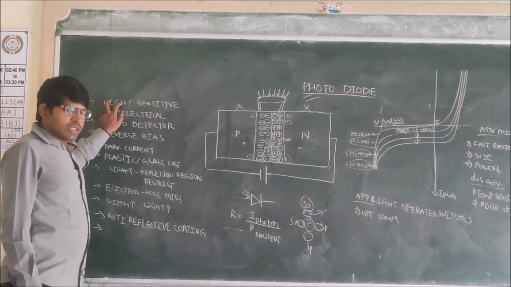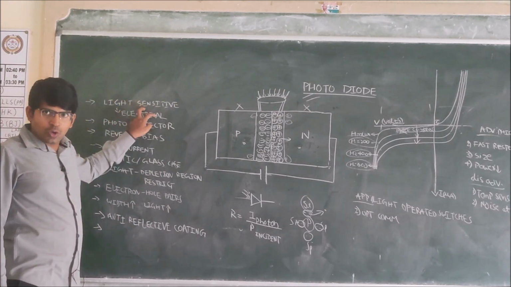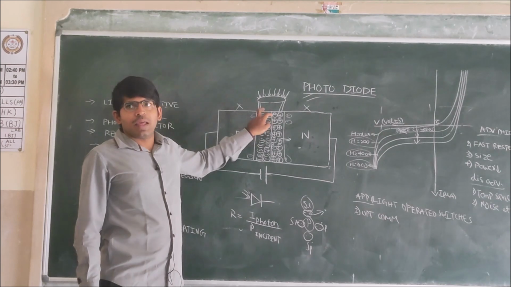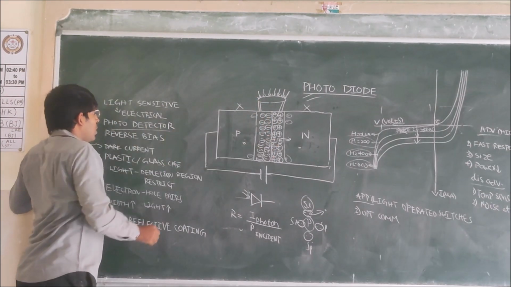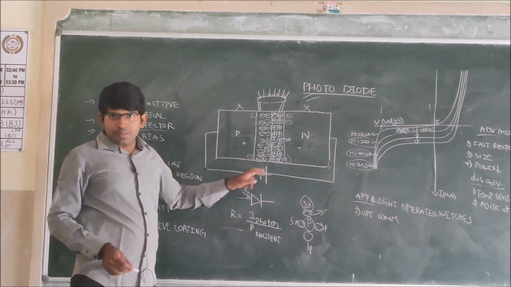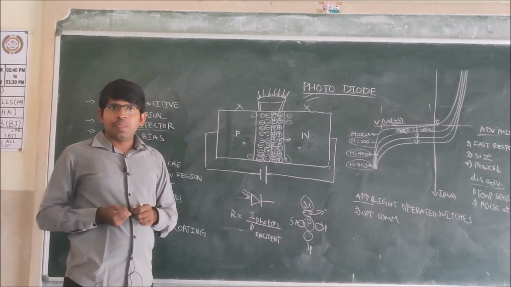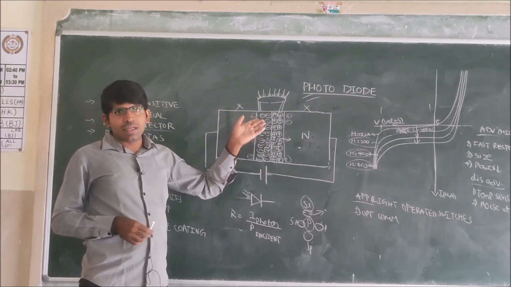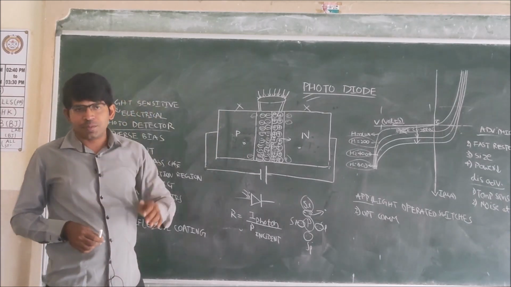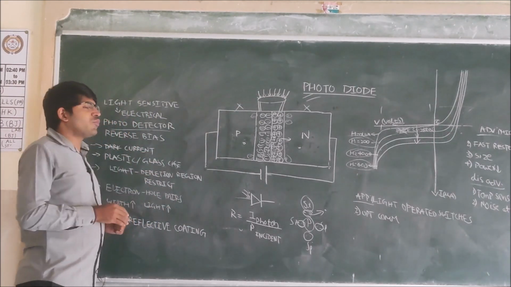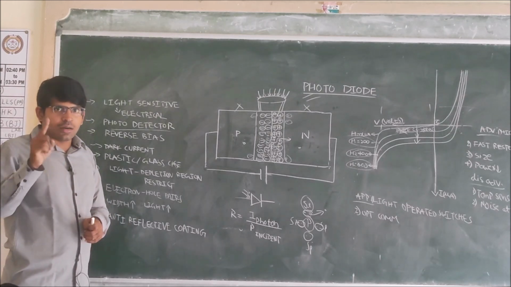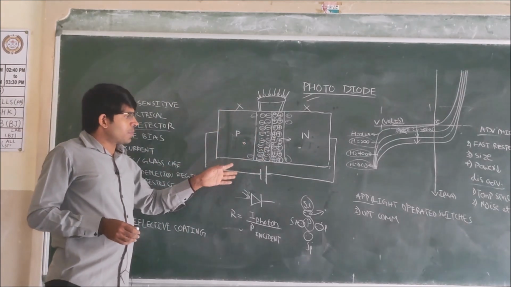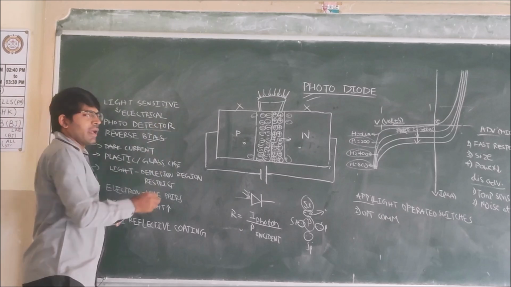The photodiode we have discussed is a light sensitive diode. It converts light energy into electrical energy. It is also called a photodetector because it is detecting photons. By taking that energy, the electrons in the covalent bonds get excited and enter into interatomic gaps. Now these electrons are called free electrons. Each free electron will generate one hole. Because of that, hole and electron pairs are formed when it is connected in reverse bias.